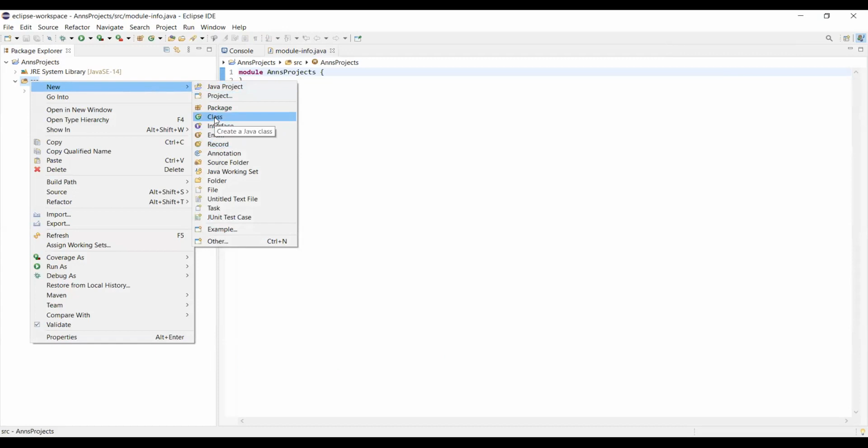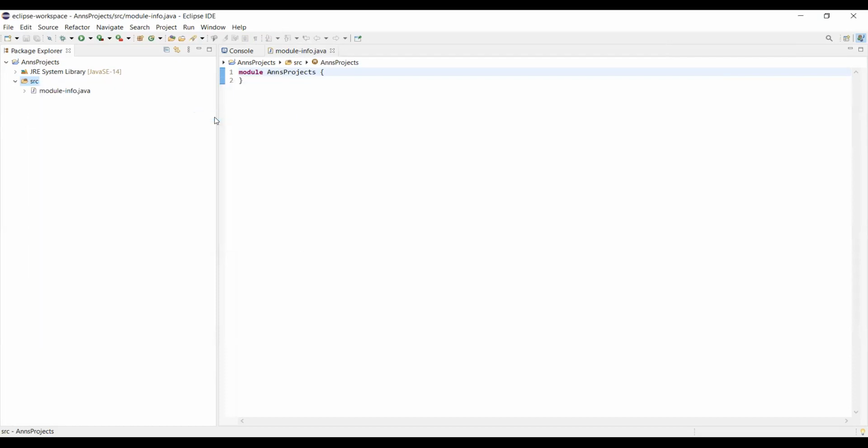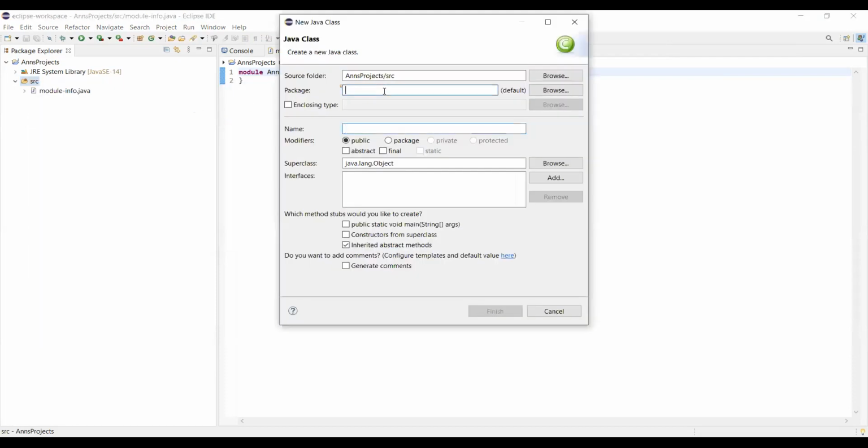I am going to create a simple program, a class program. So I can click class. Okay. The package name, I'll not go for a new package. Let's say I'll have ANS project itself. The name of the program, I'll have Hello World.